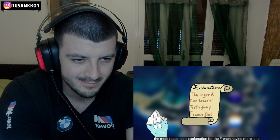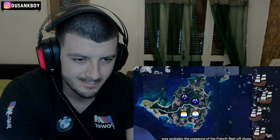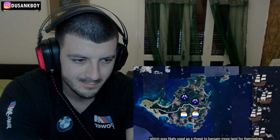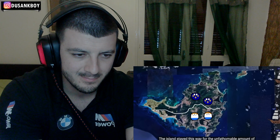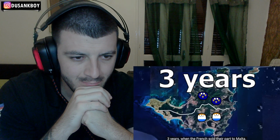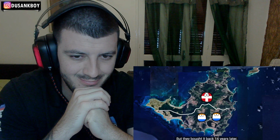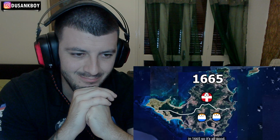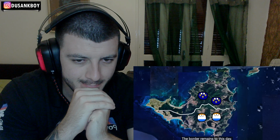The most reasonable explanation for the French having more land was probably the presence of the French fleet offshore, which was likely used as a threat to bargain more land for themselves. The island stayed this way for the unfathomable amount of 3 years, when the French sold their part to Malta. But they bought it back 14 years later, in 1665, so it's all good. The border remains to this day, making the treaty